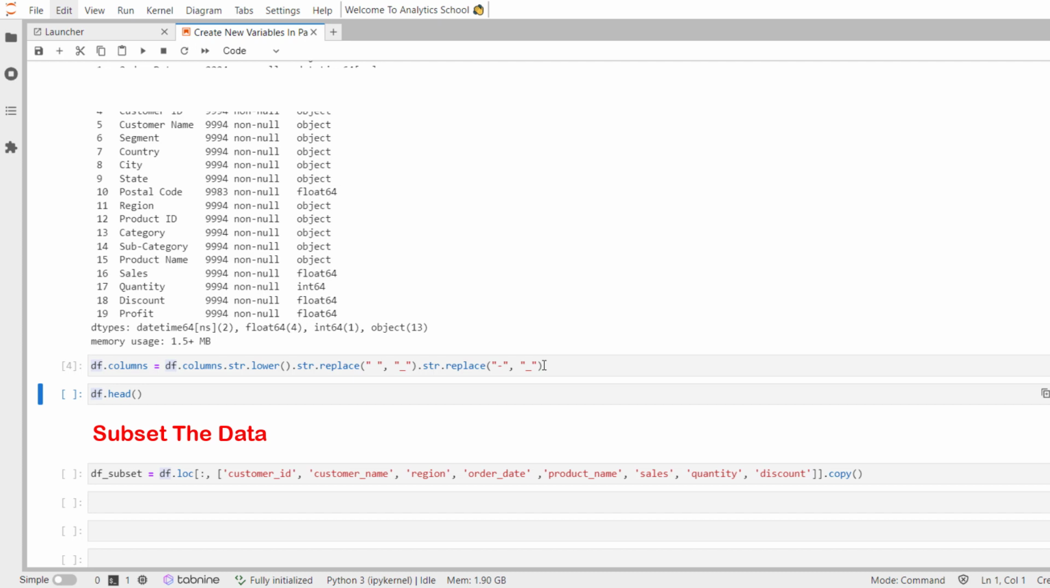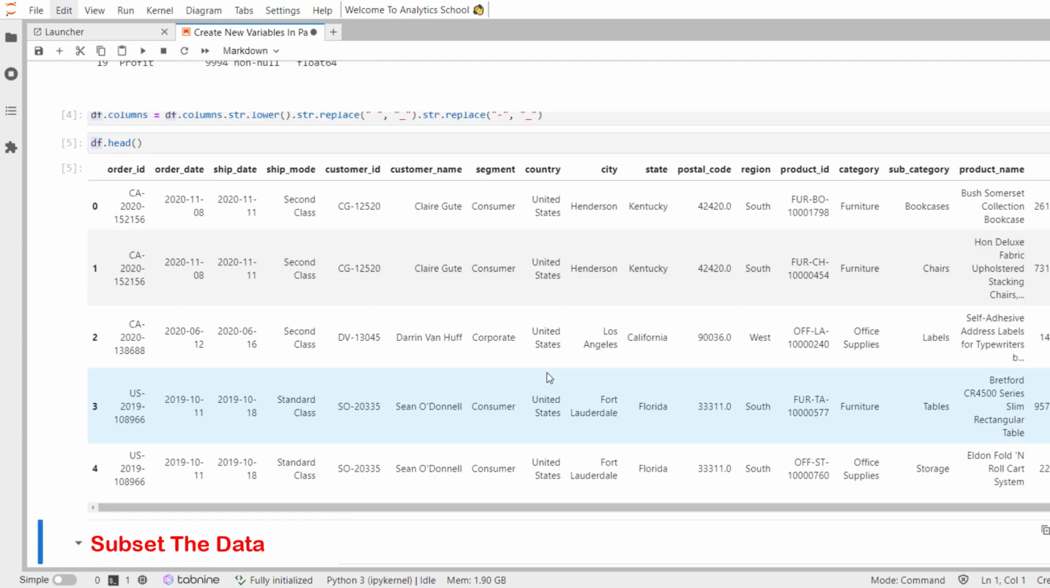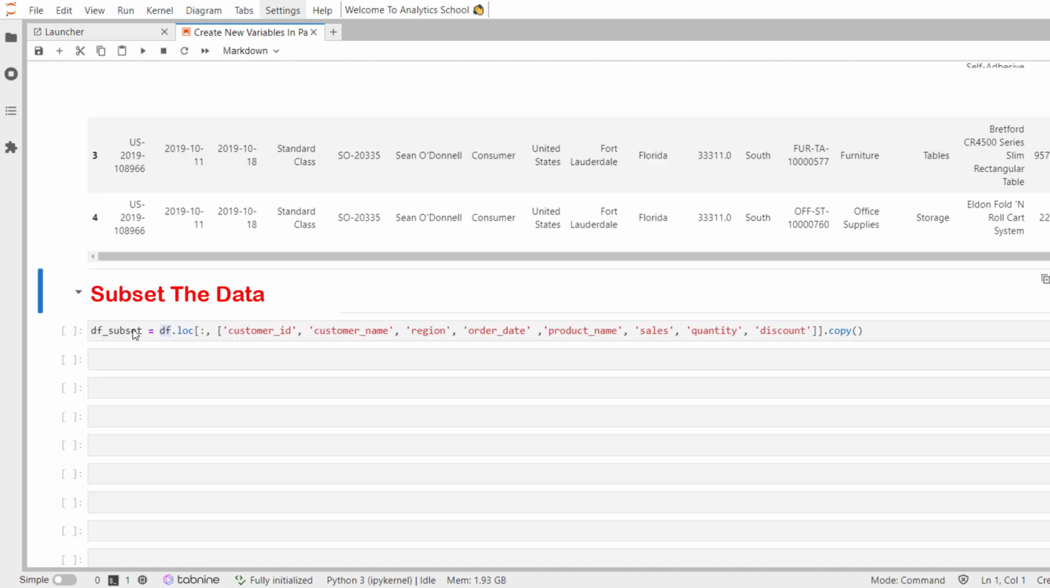Now let's use the pandas head method to view the first 5 records. And after doing some data wrangling, this is how our data looks. I have created a subset of the df data frame named df_subset that includes variables customer_id, customer_name, region, order_date, product_name, sales,